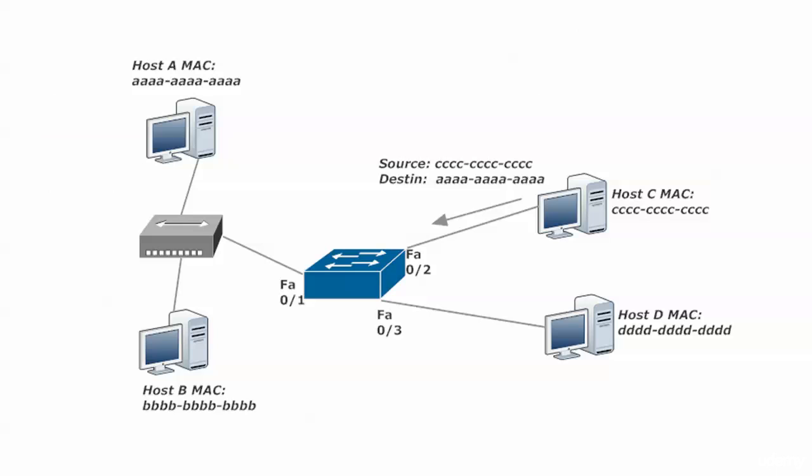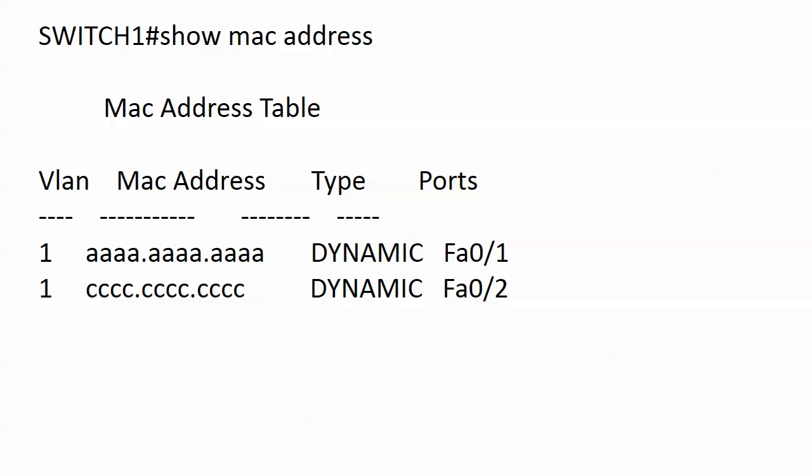What's the question and which of the two addresses does it concern? It's going to ask itself, do I have an entry in my MAC address table for this incoming frame's source, the all C's address? Well, at this point in our walkthrough, the answer is no. So the switch puts one in, and this is what we end up with. We're looking at the MAC address table. We now see an entry for the all A's address and the all C's address. We also see both of them are dynamic, as we'd expect,